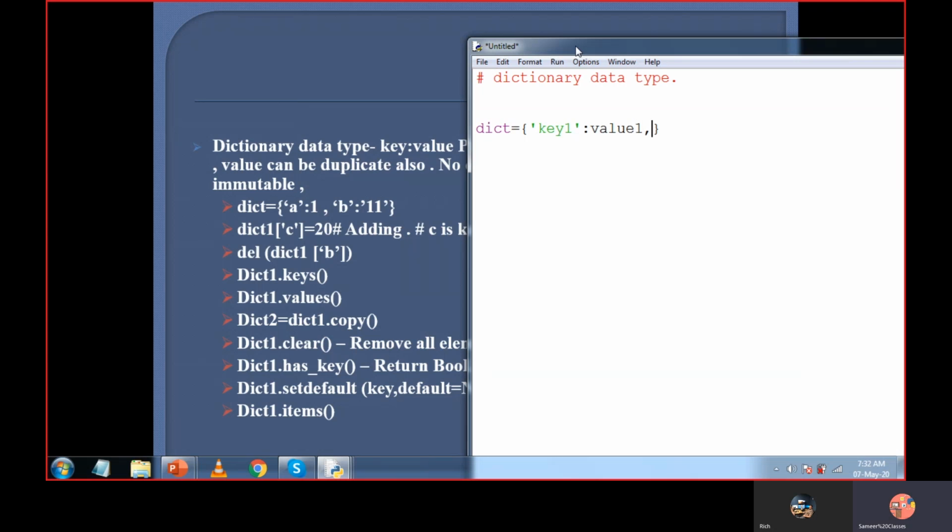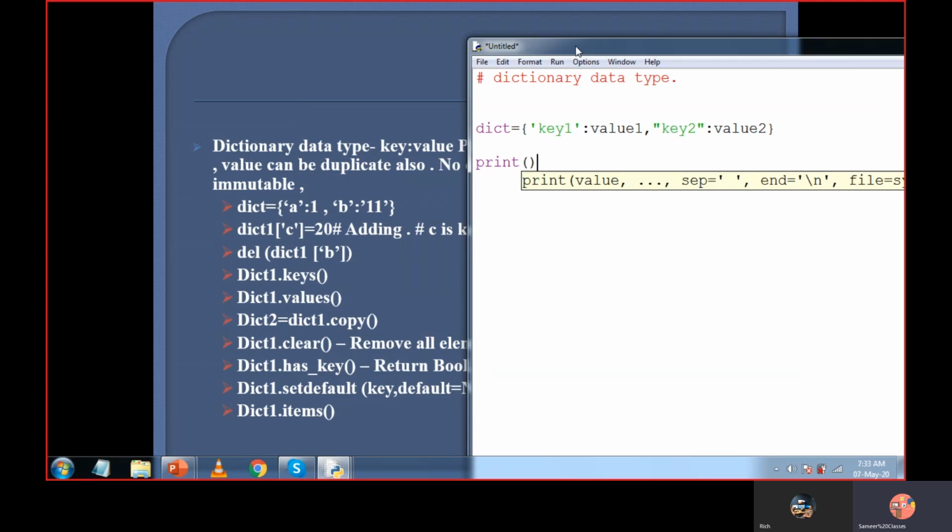Now comma, key 2, and then colon, and then value 2. Like this, it can have n number of key and value pairs. I am just taking two key and value pairs over here, and I'm printing